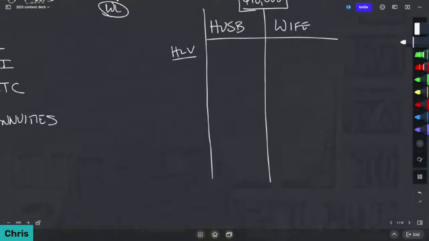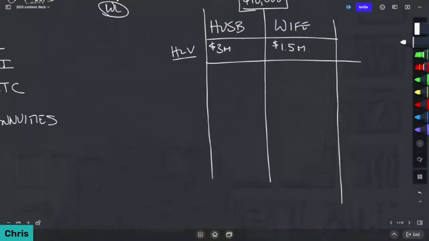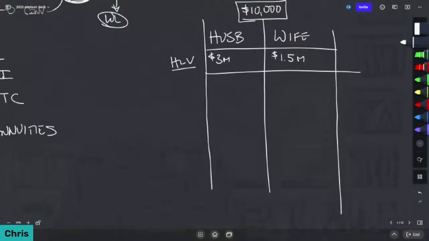So when we look at the human life value, maybe your human life value is 3 million. Maybe her human life value is 1.5 million, just to keep it simple, so on paper her human life value is half of yours. If that's the case, the principle doesn't change. And by the way, the insurance company may say her human life value is less, or it may be drastically less. But whatever it is, you want to maximize this human life value through convertible term. No matter what, it doesn't change. We're going to do the same thing. We're going to look at the human life value through convertible term for both of you, and we're going to price that out.